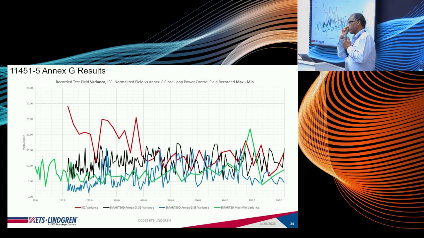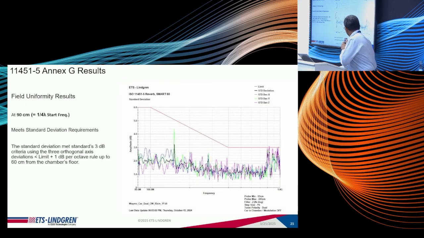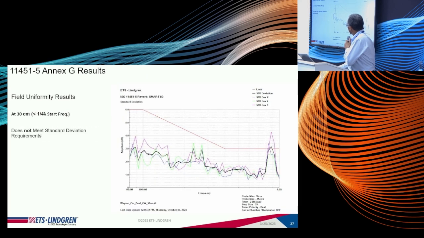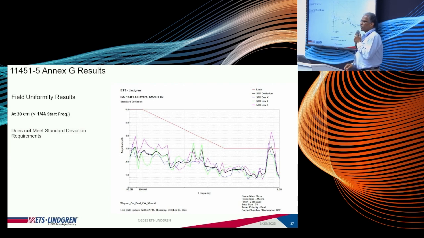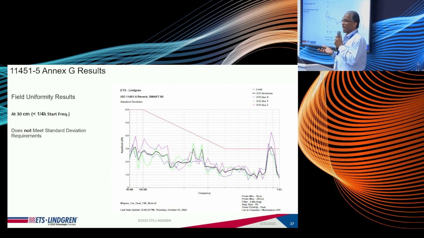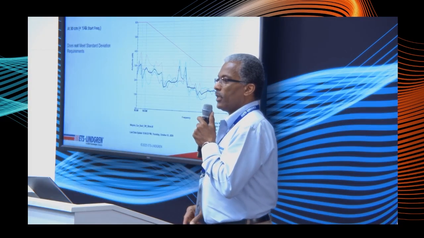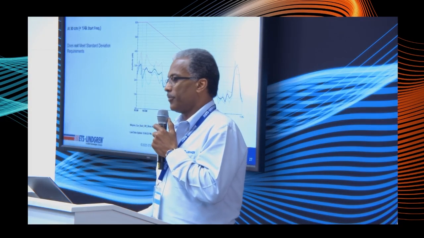Question, Vignesh? Yeah, Garth, would you mind going back to your slides 25, 26, and 27? So that's 24. Here you're talking about the 90 centimeters, and the next one is 60, and the next one is 30 centimeters. Would you comment on the peaks that you're getting around that 900 megahertz? Yes. This is a resonance that we have in the chamber. It's an anomaly, a bias that may be related to the position of the field probe relative to some reflecting structure. We have a standing wave that's causing this anomaly at this frequency in the chamber that they didn't recognize when they did the measurements.